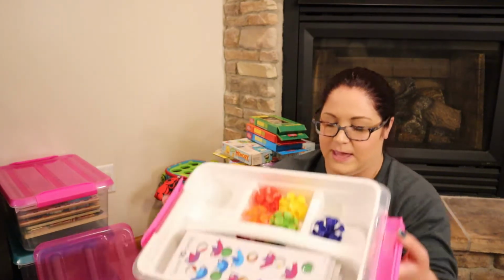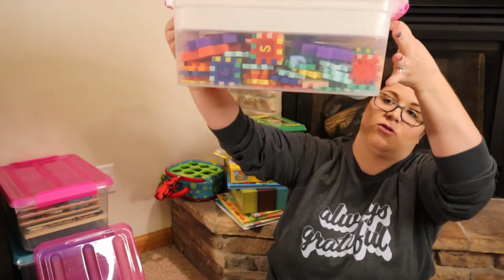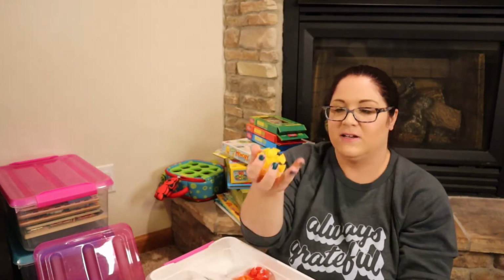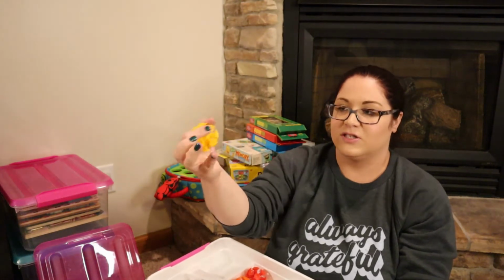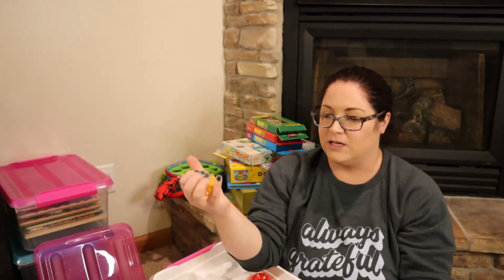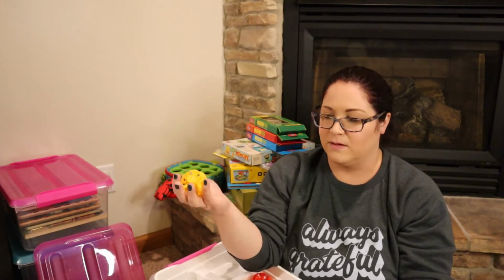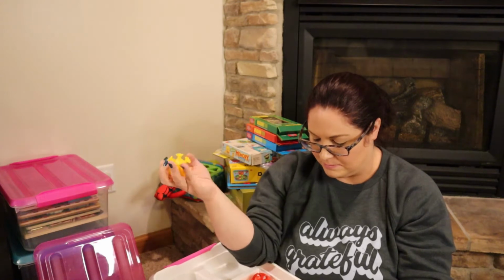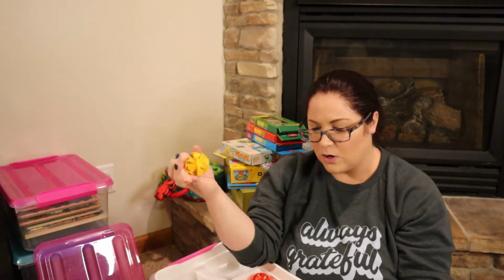Really super, super fun. And we keep these in a tub here, and I'll also show you what's down here. And we have these. My daughter loves to scrunch these, and I believe I got these from the Target dollar spot. They came in a bag of 6. No, they weren't in the dollar spot. They were over by the craft supplies. They kind of have like